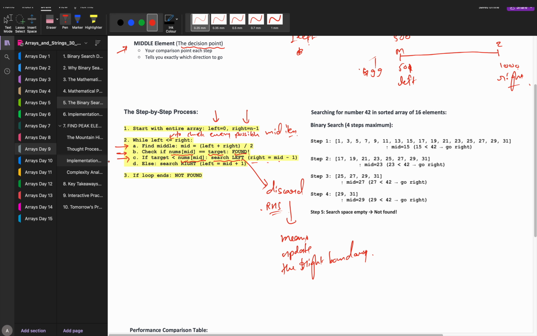ठीक है. Let's say if the target was greater than your mid, है ना, equal to था तो ये check कर लिया था. Equal to पे you have found it. Less than means you are moving in the left hand side. Greater than means you are going to search in the right hand side. So here you will update your left hand side boundary, by doing what? Left equals to mid plus 1. You will keep doing it till either you have found it or this loop terminates. And once the loop terminates, if the loop ends, it means not found.